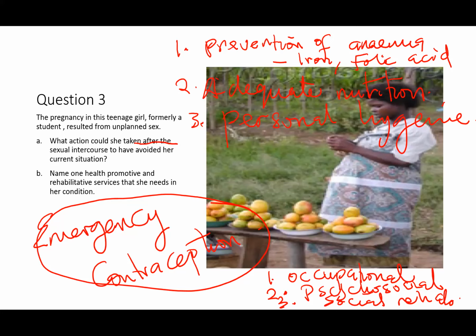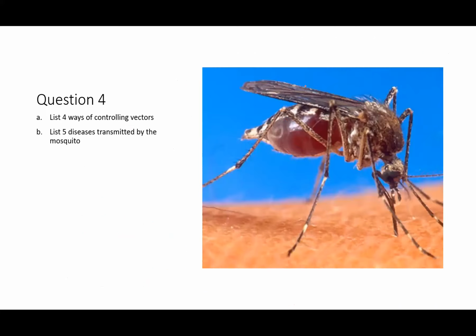Okay, let's move on. Number 4, this picture is of a mosquito. Now, the question here says, list 4 ways of controlling vectors. When you are controlling vectors,